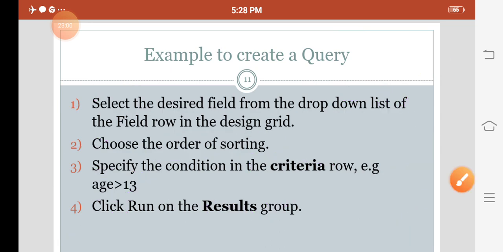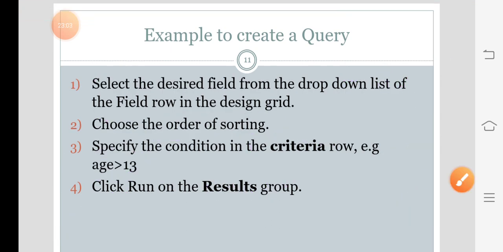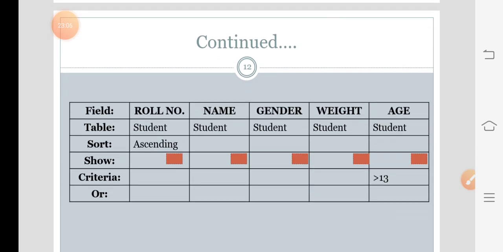Clear? With the example it is given, please refer to your book one more time, I am telling. Now next is